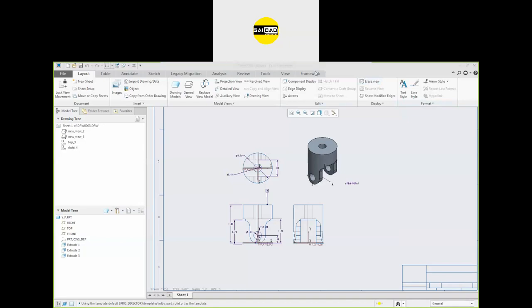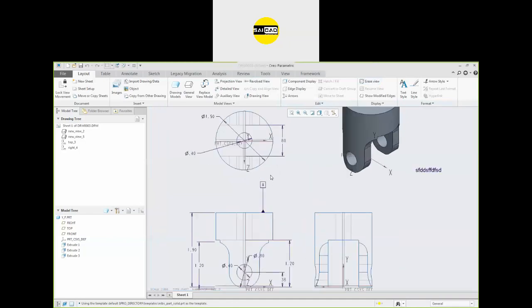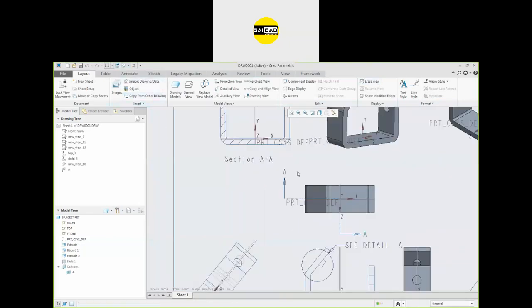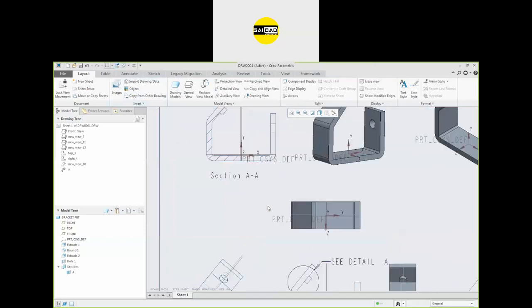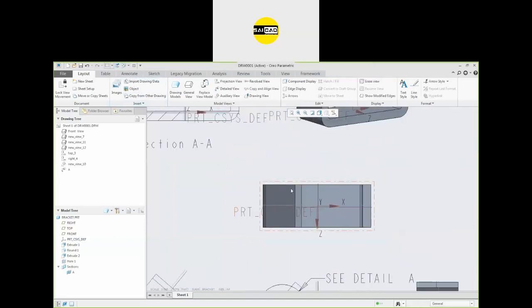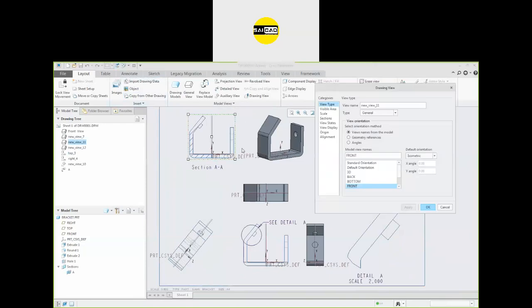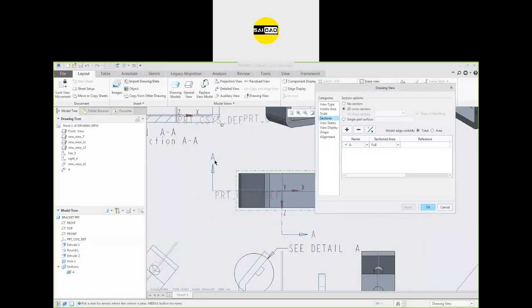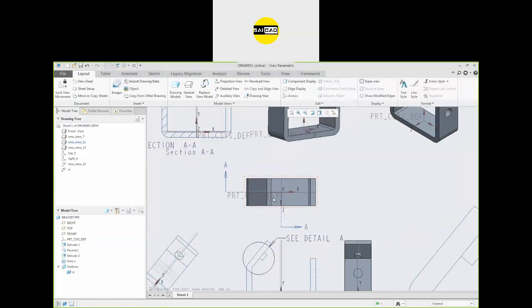Okay, we have a question here: how to show arrows. Okay, the arrow can be shown in the section view. To show the arrow like this one, we have the option. So select the view. Okay, select the section. In the section, scroll it. We have the option here, arrow display. Select the view where you want to show your arrow. Click apply. You will see the arrow for the section will be shown in this view. Click OK and there it is.